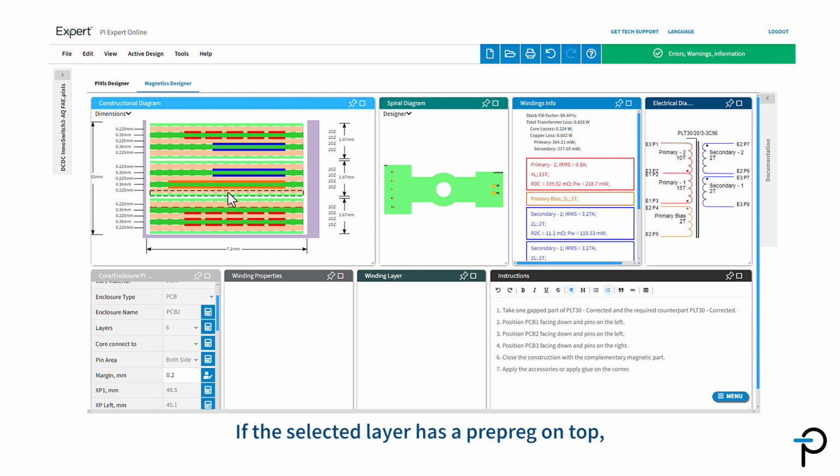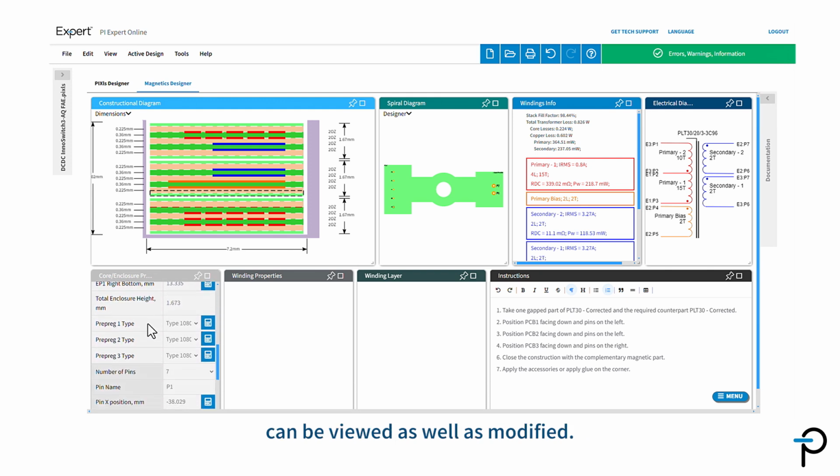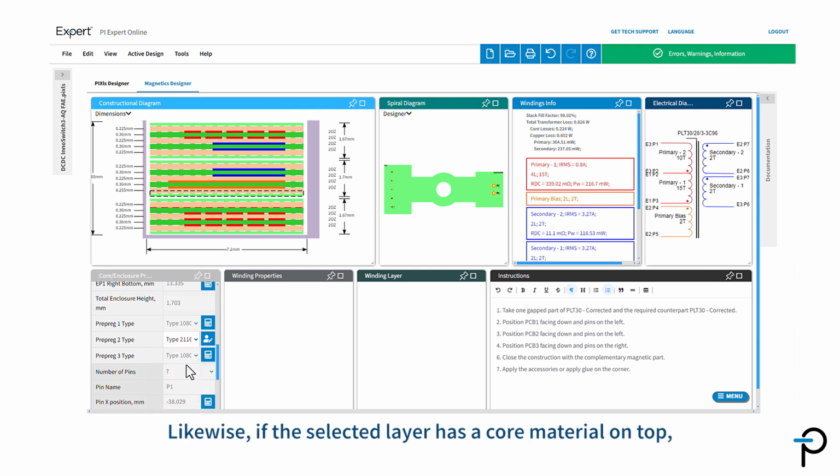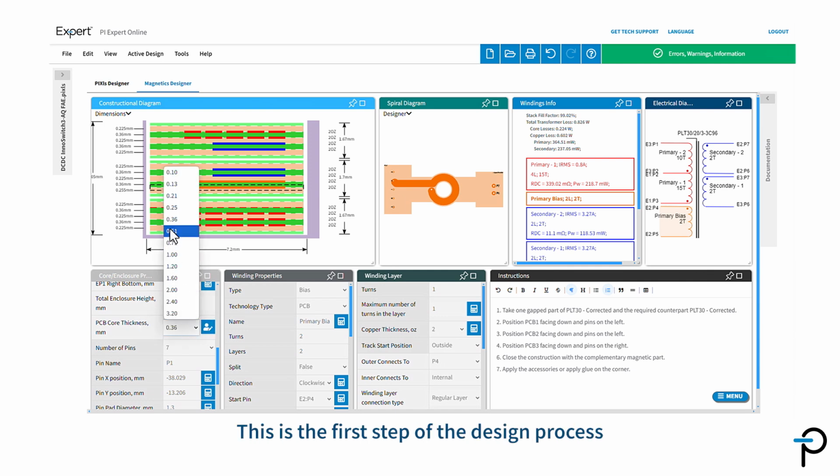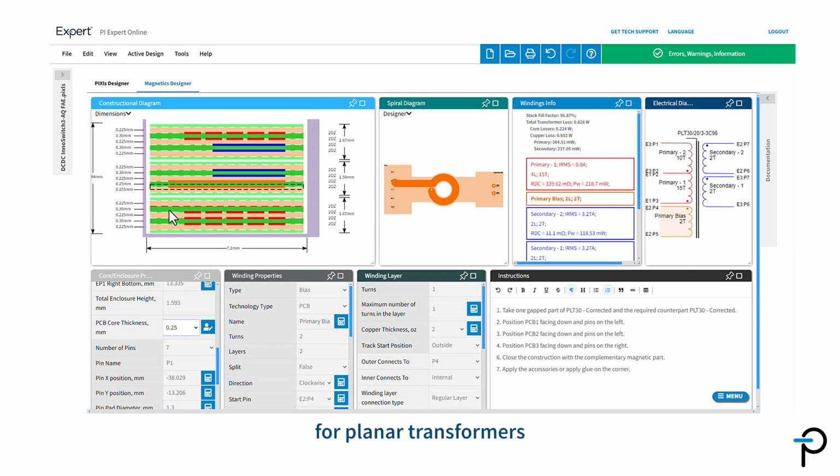If the selected layer has a prepreg on top, then the thicknesses of that particular prepreg layer can be viewed as well as modified. Likewise, if the selected layer has a core material on top, then the thicknesses of that core layer can be viewed and modified. This is the first step of the design process for planar transformers using the Magnetics Designer tool